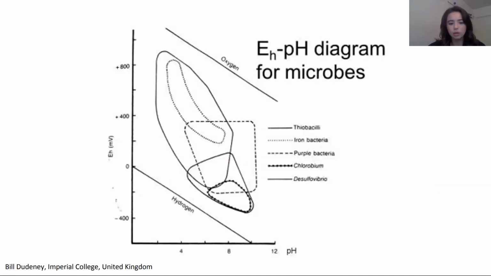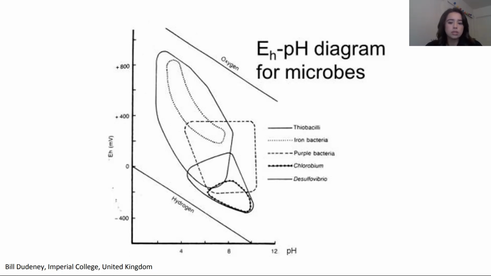So why should we care about the electron status of the different compounds in wine? Well, just as microbes have optimal ranges for pH, temperature, sugar, alcohol content, etc., it's also been shown that microbes have optimal redox levels as well. So this diagram shows the balance between pH and redox potential that the microbes can grow in. And as you all likely know, pH is an important factor to consider with how well a given microbe will be able to survive in an environment.